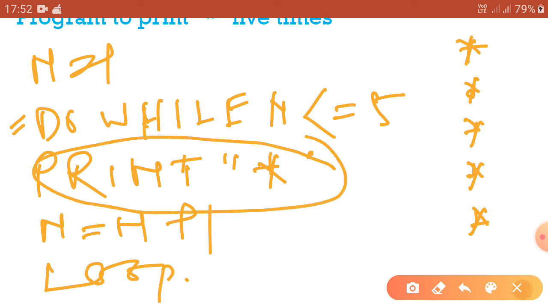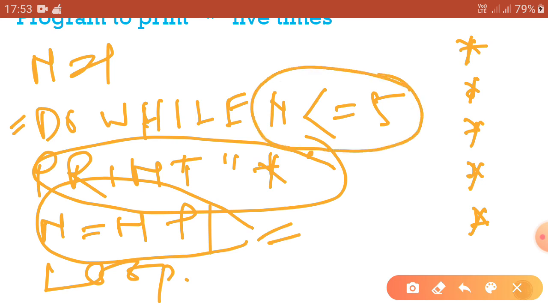The next statement increments the value of n by 1. At first when n equal to 1, the condition is true, as 1 is less than equal to 5, so it will print the asterisk on the screen first.